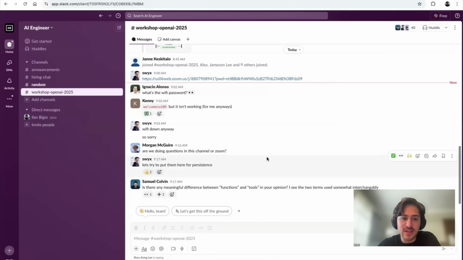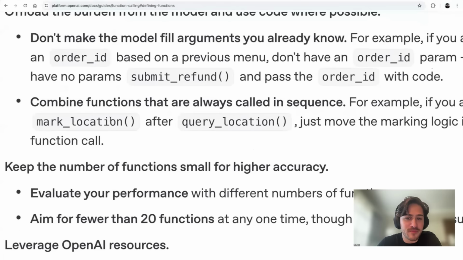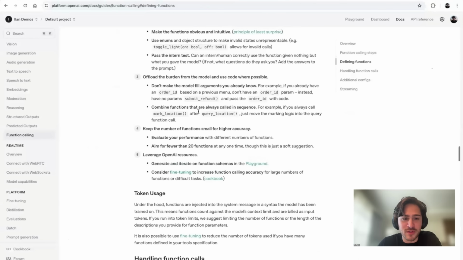Tools, and this is how we treat it in our API, are a superset of functions. Tools include functions, but also things like code interpreter or file search or any of these hosted solutions. This is not the end-all be-all definition, but it's a definition that we've adopted. There are tools, which are hosted tools including functions, and then functions are a subset.